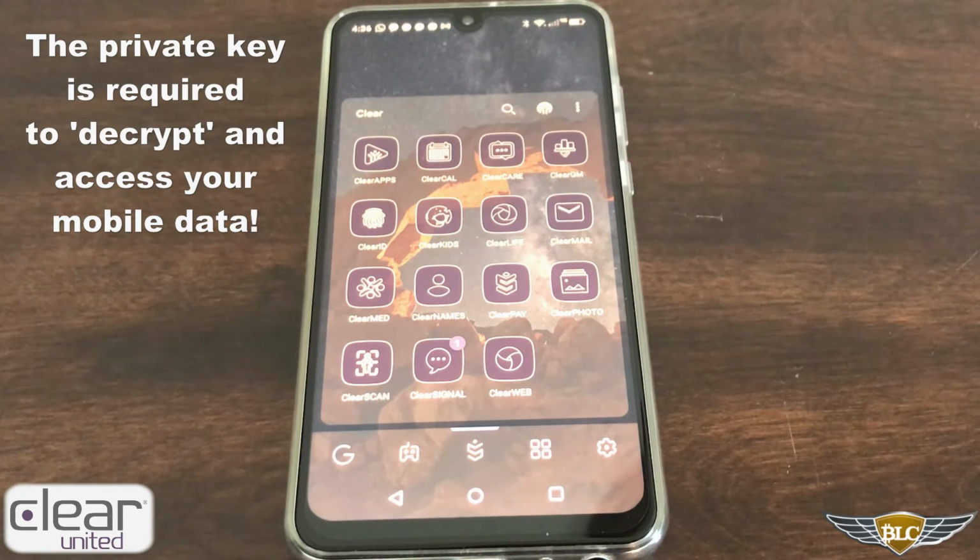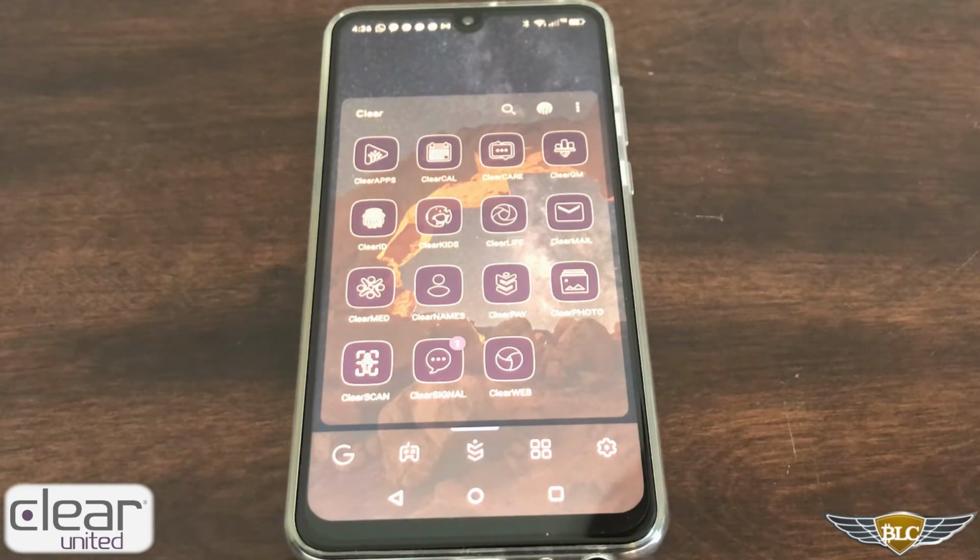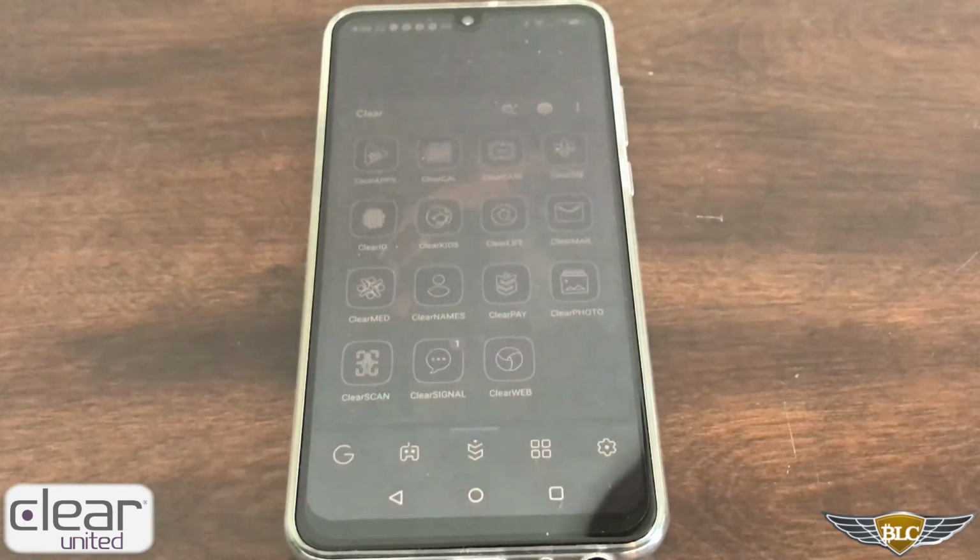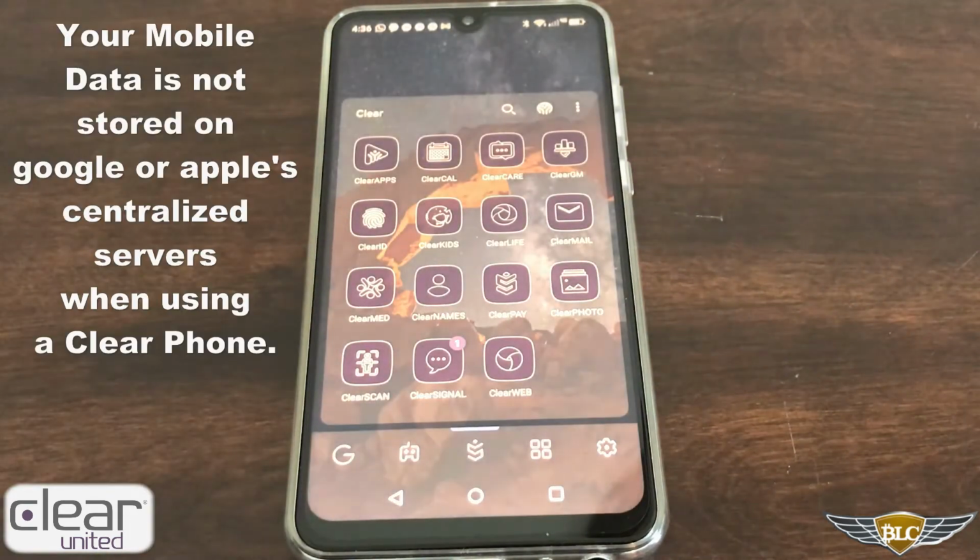So that means that the government or the hackers can't go to ask or try to infiltrate to access the data that a company's been collecting, like Apple or Google, because the companies would not even be able to provide it because it's not collecting on their centralized databases.